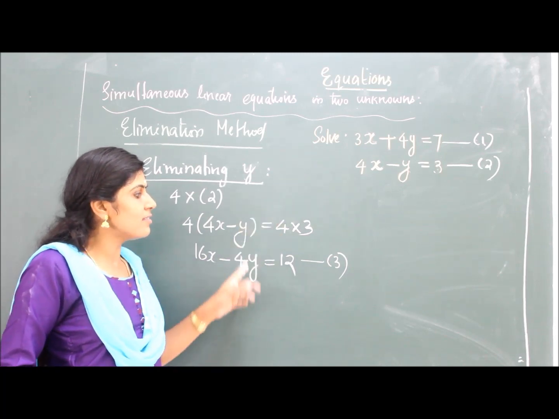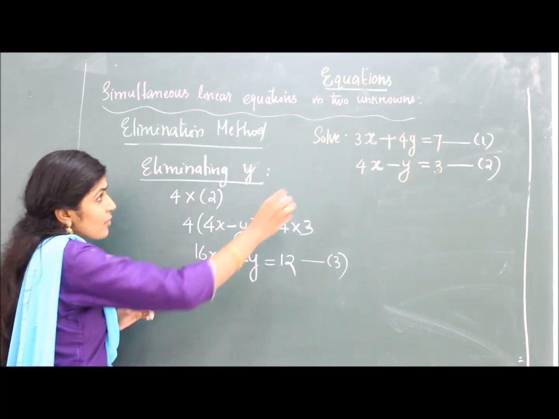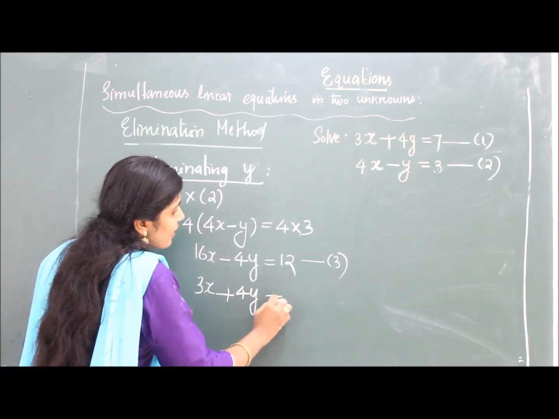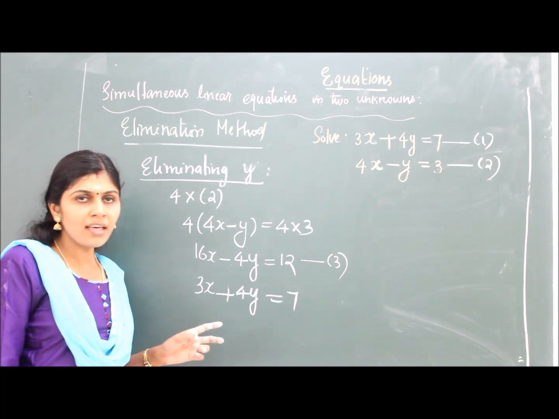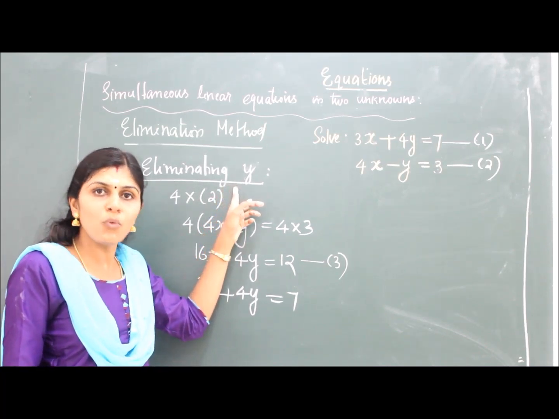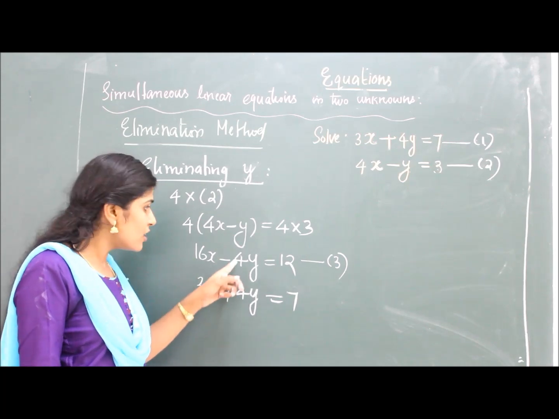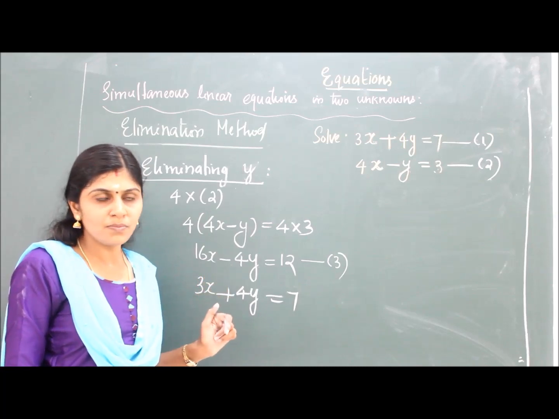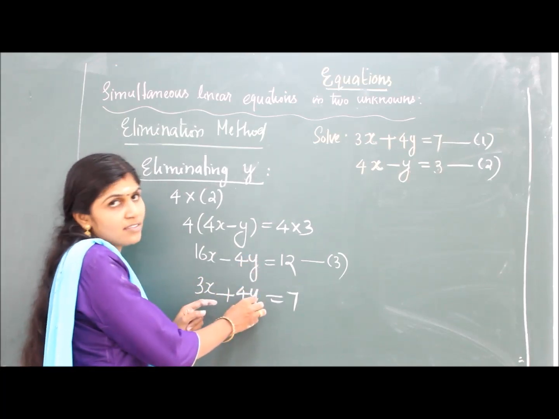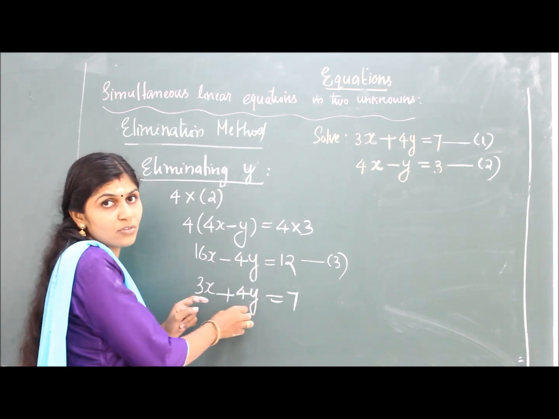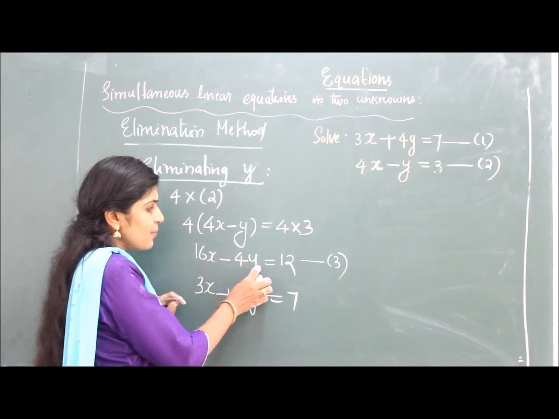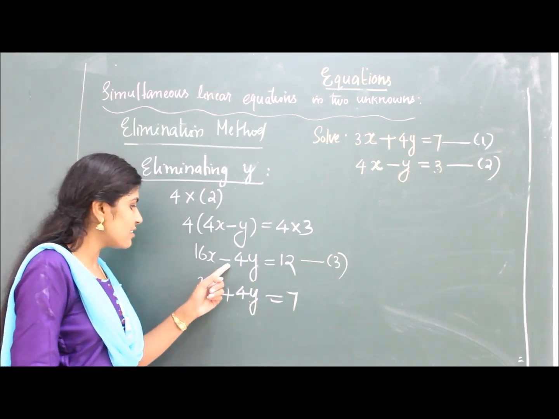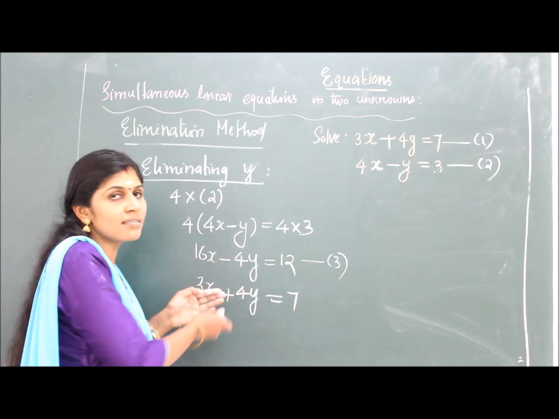So now I am going to solve these two equations together. So we have already the third equation. Now writing the first equation, 3x plus 4y is equal to 7. Okay, so here I am going to eliminate which variable? Y. So you have to think, in order to eliminate this minus 4y and plus 4y, what you have to do? Okay, so when you add these two equations, what happens? This minus 4y plus 4y becomes cancelled, it becomes 0y. One is negative and another one is positive. So automatically it gets cancelled.